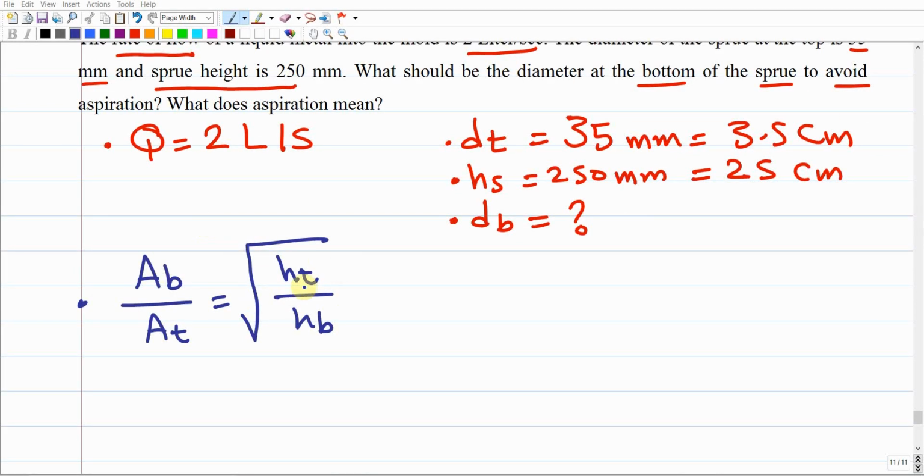So again, as I mentioned, the objective is just to find HT and HB. It is preferred to draw the boring cup along with the down sprue, the drawing that we represented up above before. Like this should be the boring cup and this should be the down sprue. Okay, it should be tapered